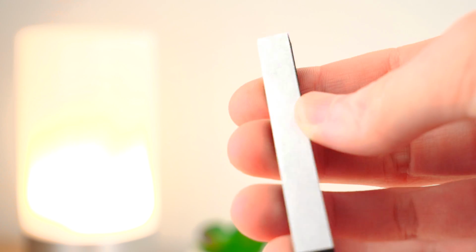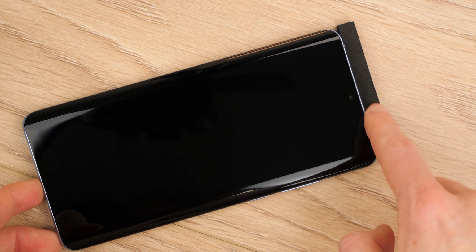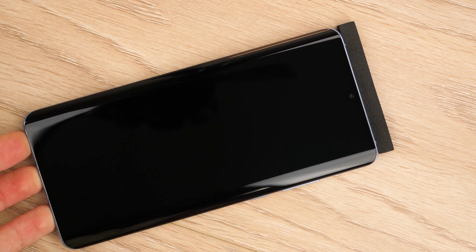Olixar provides you with a little backstop that you can position at the top of your phone to keep it in place when you apply the protector. If you'd prefer not to use this, you can use a book or something with a little weight to keep your phone in place. Now you can turn your attention to the screen protector and begin removing the first protective